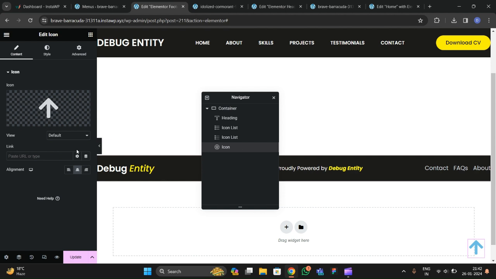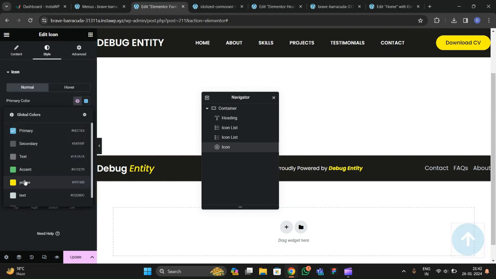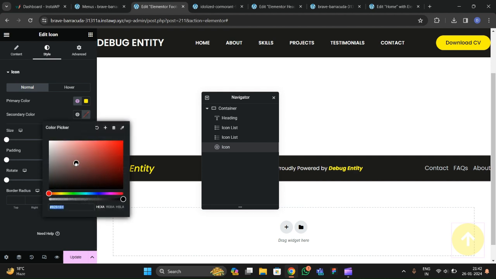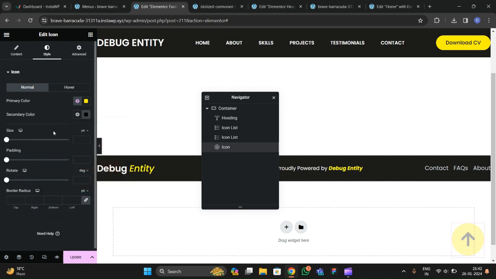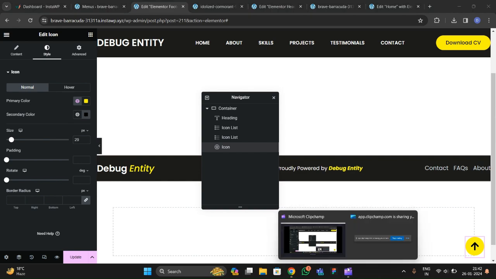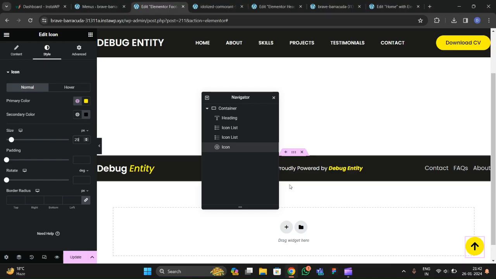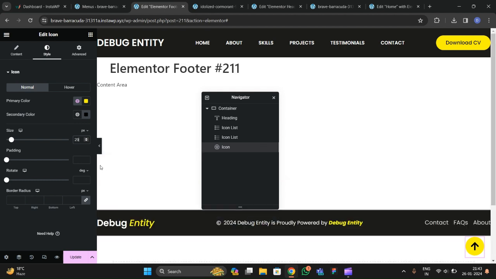After that we're gonna choose the stack, go to styles, and from here choose the yellow background color, and for the secondary color we're gonna choose black. Okay, so let's increase the font size like this. Okay, so it is working. We just have to keep it